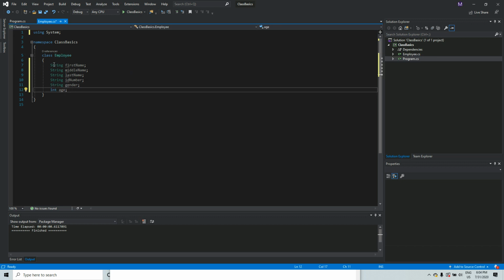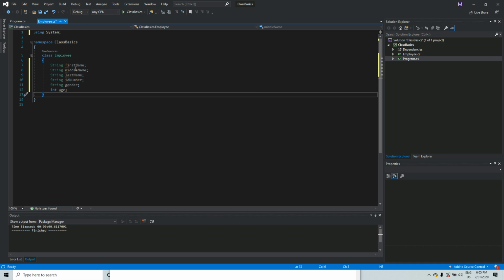When we create an object of this employee class, any object we create is going to have this first name, middle name, last name, ID number, gender, age. That's why I say it's like a template. It's going to have all these variables, and then you can set the variable depending on each particular employee. Let's just cut the talking and go straight ahead